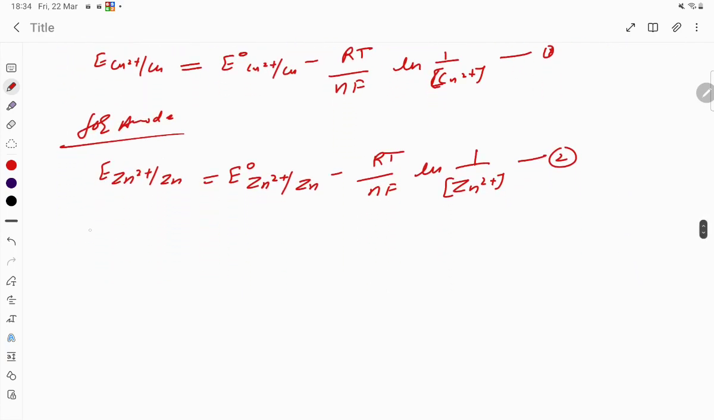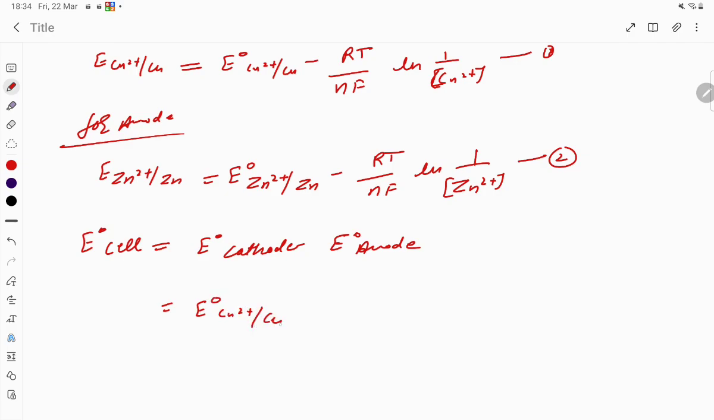Now dear students, E naught cell is equal to E naught cathode minus E naught anode. This we know already. So for E cell, we are simply putting the value of the cathode here: E naught Cu2+/Cu minus RT upon nF ln 1 upon Cu2+,